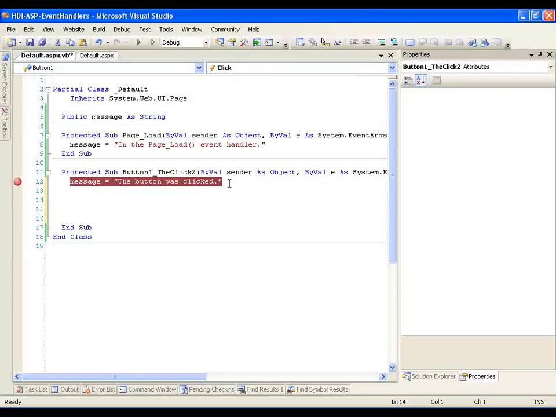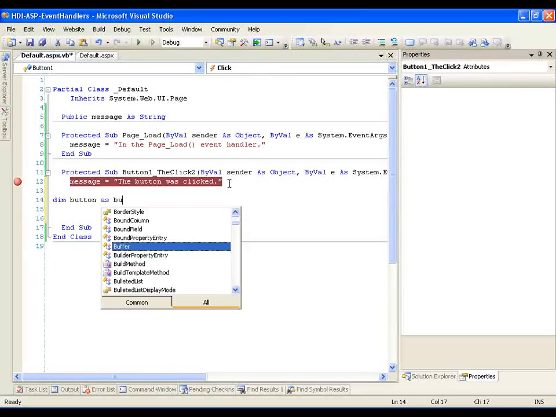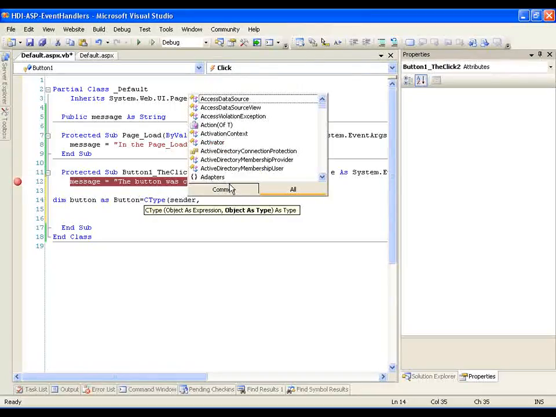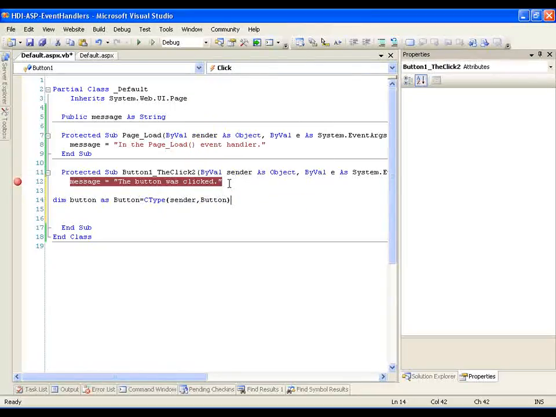Events, you might want to know which button was clicked in this case and the message sent to the event. So what you can do is, if we dimension a local variable as a button and we set that equal to, we convert the inbound sender, which in this case is the button, to a button instance of the button object, then we could do something like saying response.write and say the button clicked was